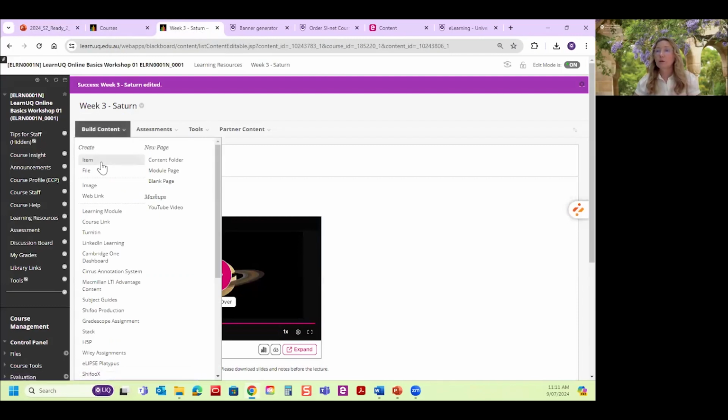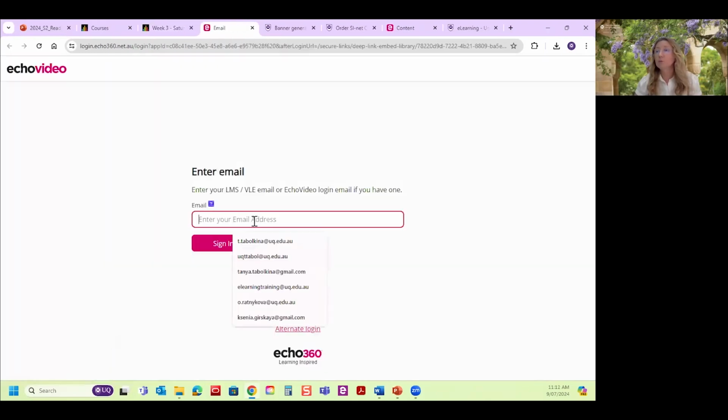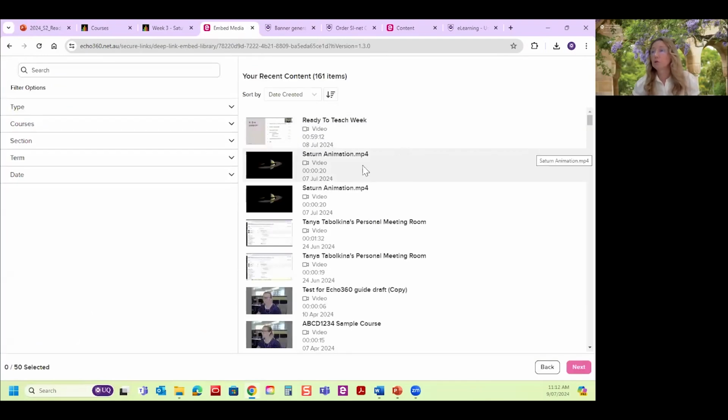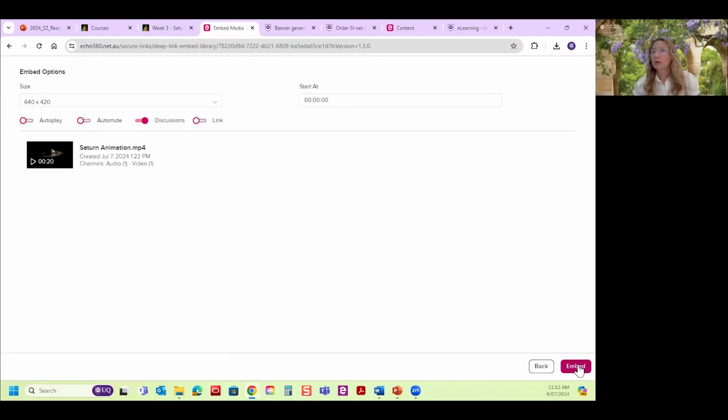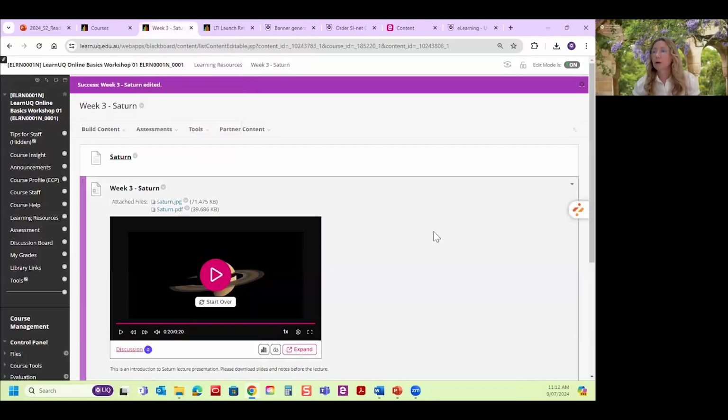So basically, instead of adding to the item, you just simply go build content and scroll down to the Echo Video deep linking tools. So select this one. And again, it will ask you to log into your Echo 360 profile. We launch the tool, and here, instead of just doing the embed, we click on the toggle the link. And so we embed, we get the success. And so back here,